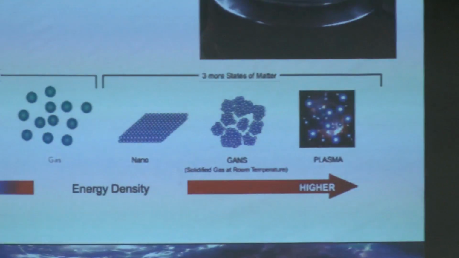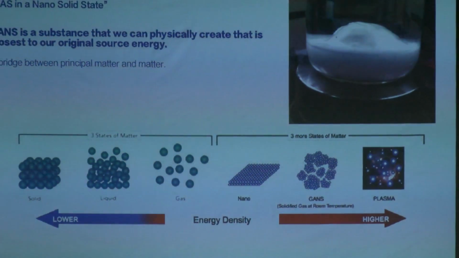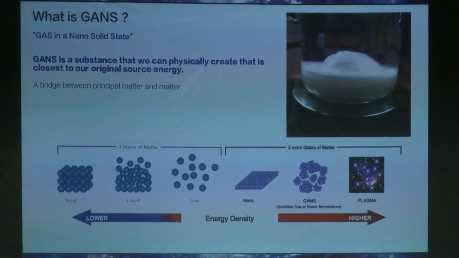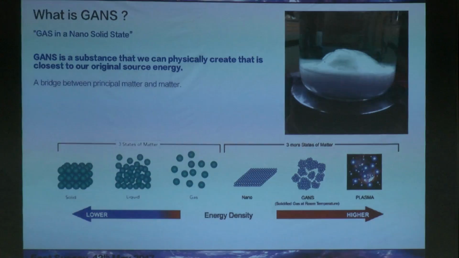GANS is defined as gas in a nano-solid state. But we could also call it elements, the elements in a nano-solid state. So it's a state of transition matter. It's like liquid plasma. If you can imagine a slightly magical alchemical solution, it's